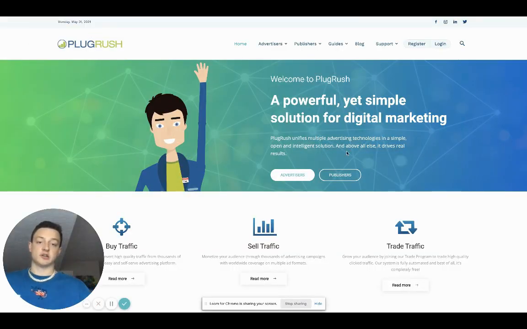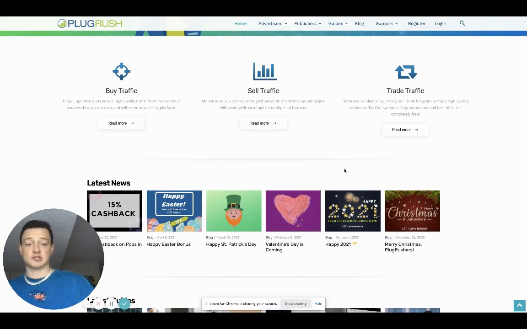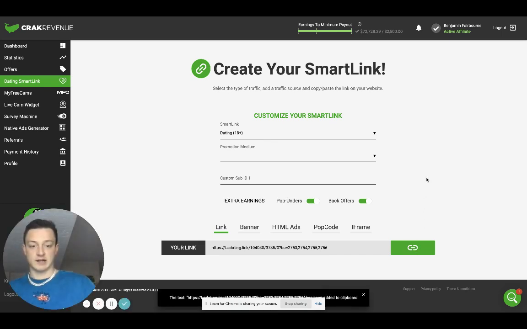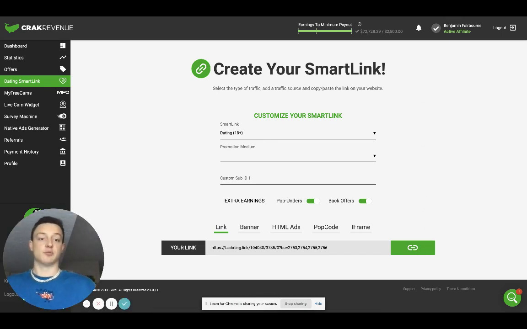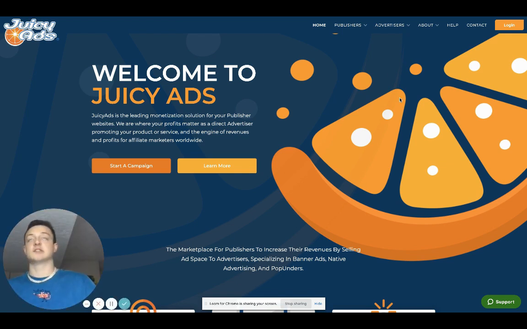I don't want to have to log in and blur out a ton of stuff, so I'm just showing you guys the front. It's so easy to make a campaign. You just literally need your Smartlink. So you copy your Smartlink, boom, you got it. And now you just go plug and play. You just target worldwide. I really recommend worldwide, because it'll be cheaper than anything you've ever paid for in your life.